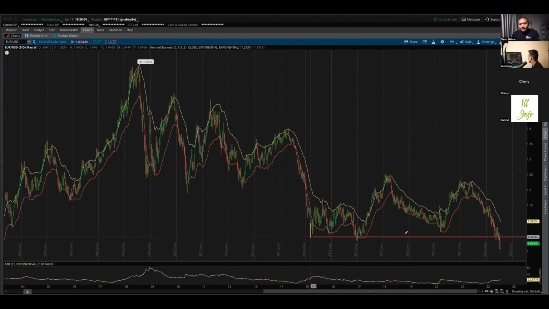Draw a previous low, previous high. Now each bar is a week. So this is dating back. This low was established in 2014, so that's how far we're going back. And then we got the previous high, 1.25, that was established in 2017. And the EURUSD pair was just trading within this smaller range.